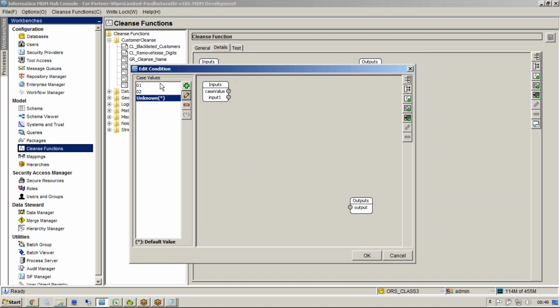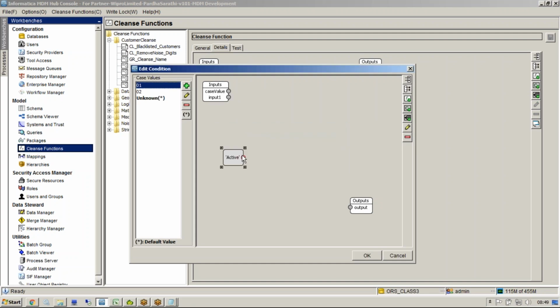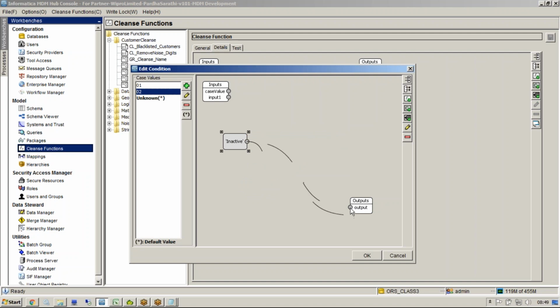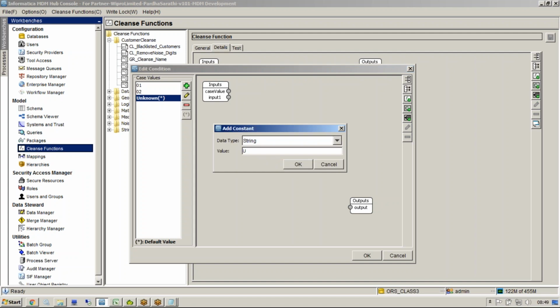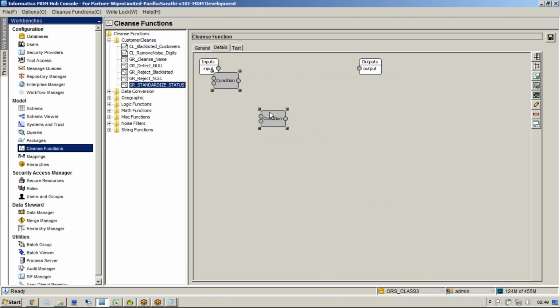Okay, and if it is 0, 1, I can create a constant and say active, and do it like this, something like this here, inactive, and in case of unknown, you just say add a constant, say unknown. You know this old stuff, right? Save that, and